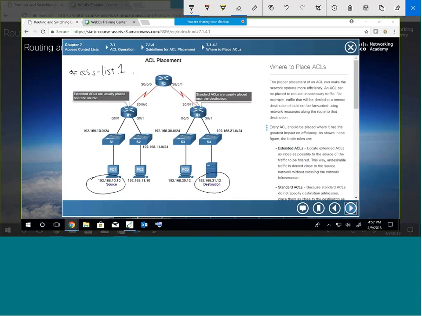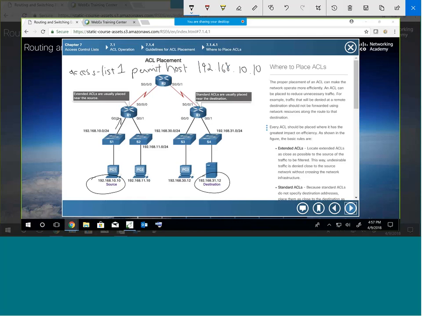Let's do access list 1 permit host 192.168, and I did a permit statement, so we're just going to say permit. We're only going to allow this one host access to this from our 10 network. Now, if we put that as an inbound right here,